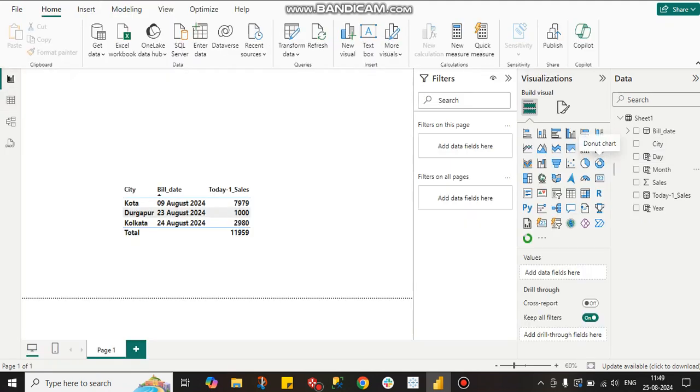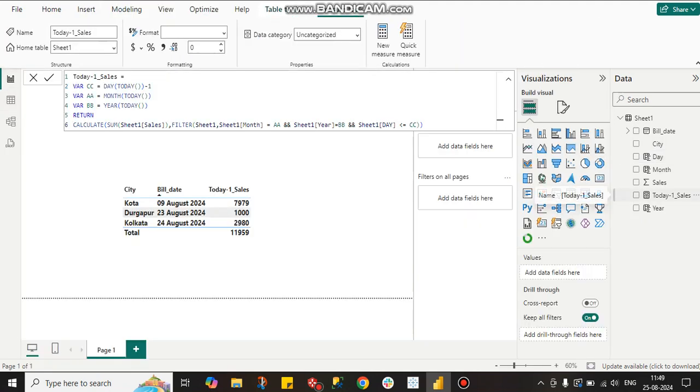Then what I did, here you can see this is our DAX. First we took a variable. This is today minus 1, that means yesterday. Another variable, it will take month of today. Another variable, it will take year of today. Then I am returning calculate total sales. Then I am filtering where